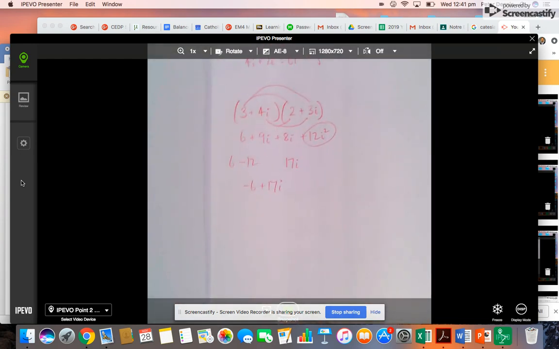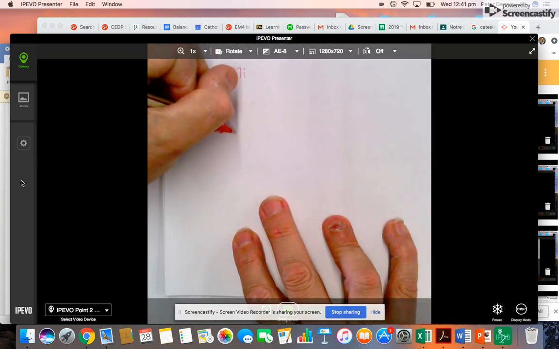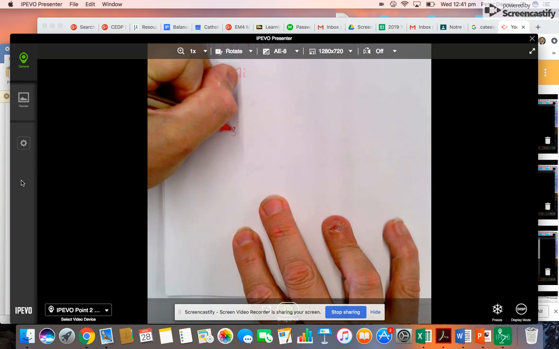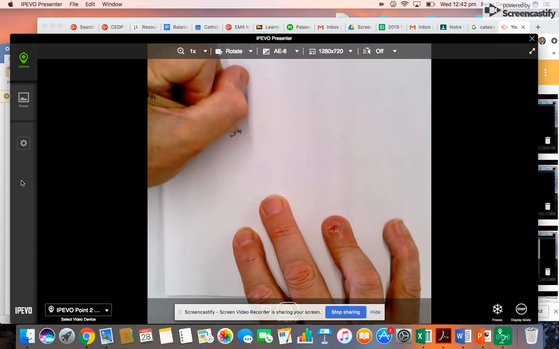And the last little thing is what happens when we divide. When we divide, that's when we've got to look at the conjugate. So let's suppose we had 3 plus 2i